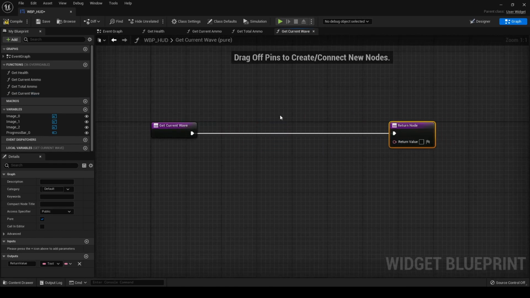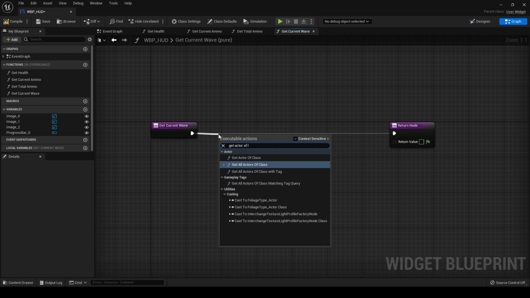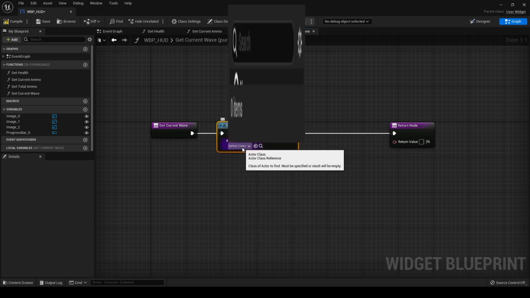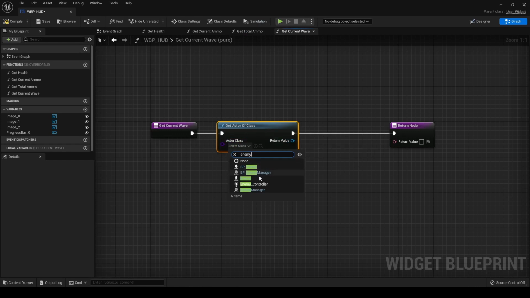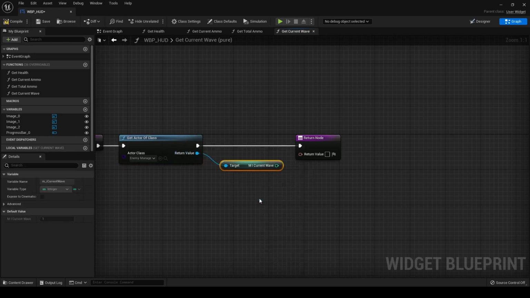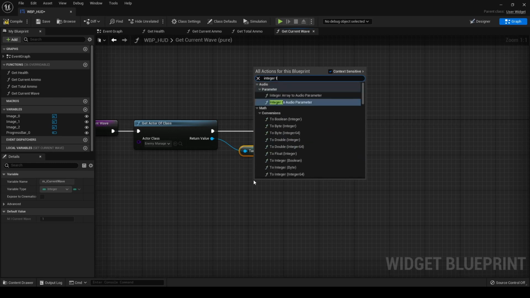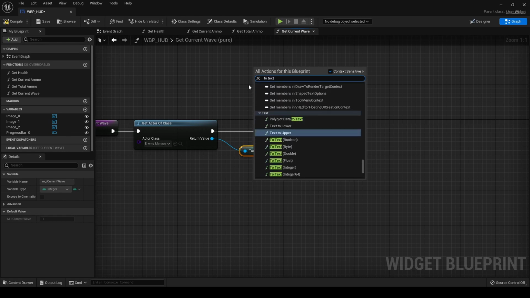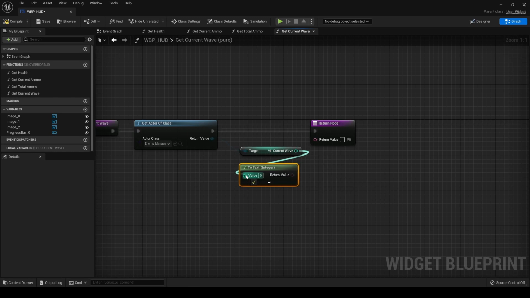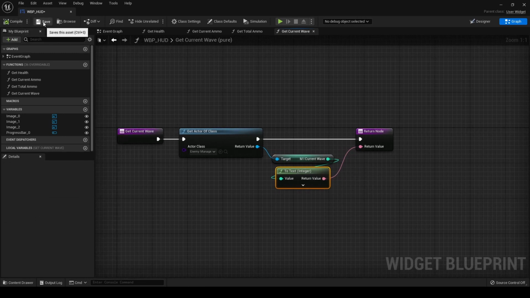Now for this, it's going to be similar to the rest of them, except we're going to get an actor of class and then look for our enemy manager. And we're just going to call upon our enemy manager class. Going to get our current wave, and then we're going to turn that into text and then return that. Alright, compile, save that, and if we go back and test now,